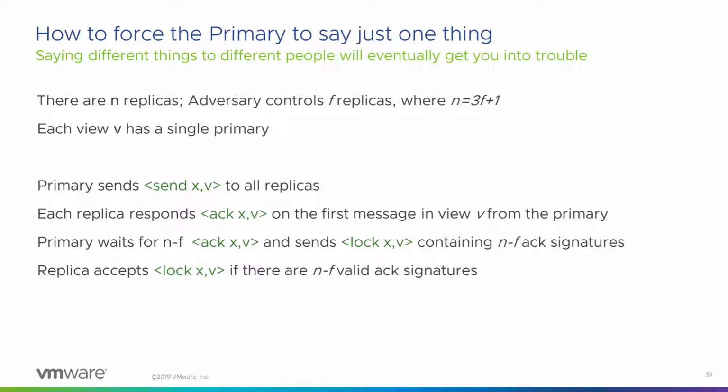Now I have a lot of signed messages. Maybe I can combine all these messages together, and I send you back a message. I send, you send me an acknowledgement, and I send you back a lock message, and this lock message contains a lot of signatures. Okay, make sense? So if I draw this protocol,